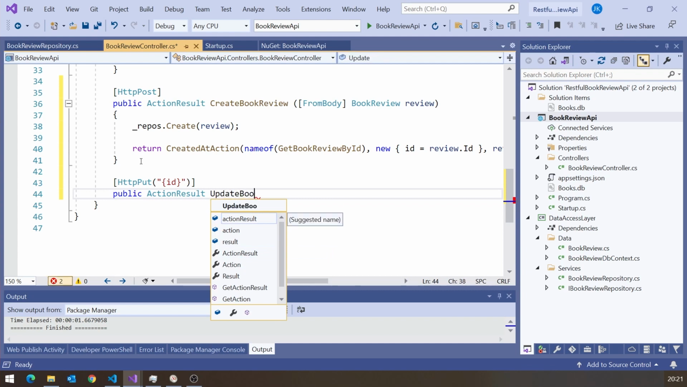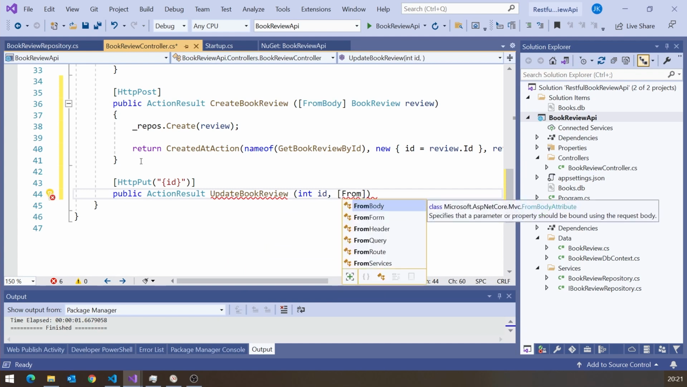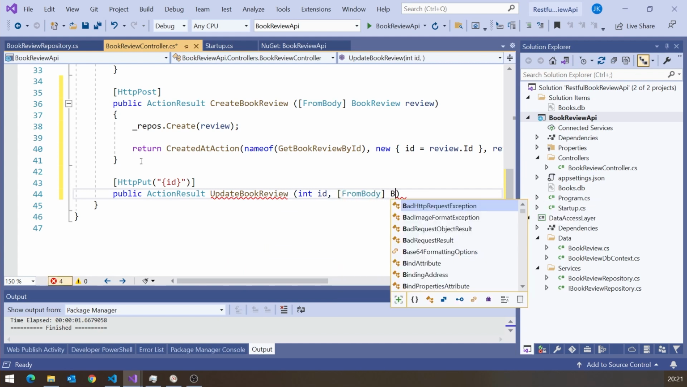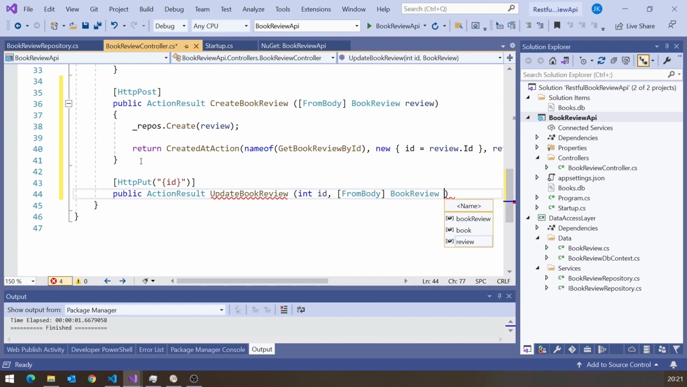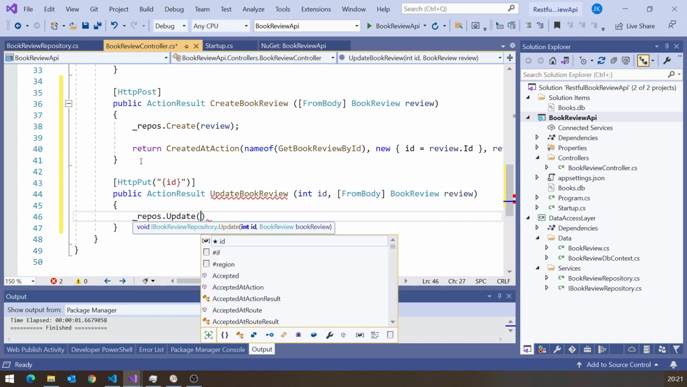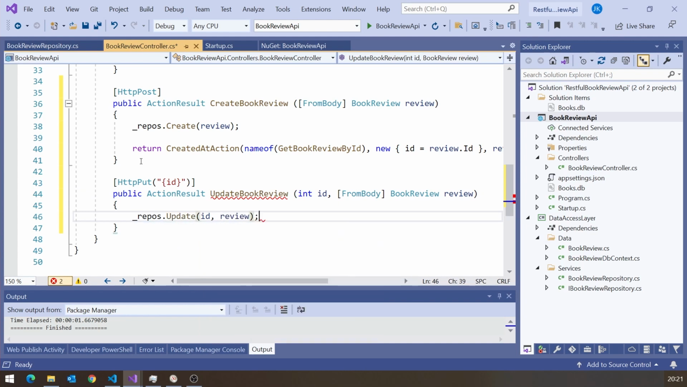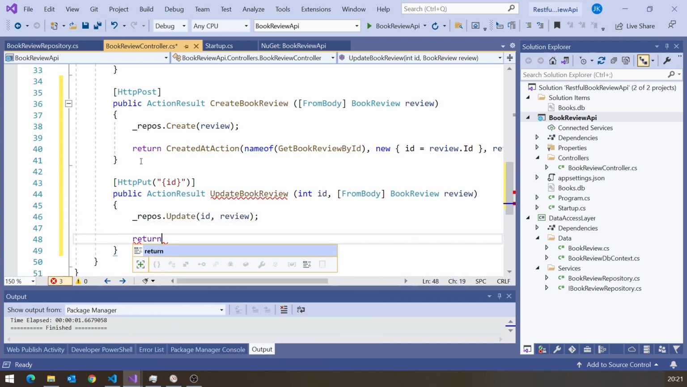But then it's also going to have a body because as well as knowing what you're going to update, you want to know the new values. So this one actually takes two parameters. And we'll call this update book review. So what we're going to do is once again simply call the method on the repository that I'd already written. So update, and again that takes the ID and the review. And then simply returns